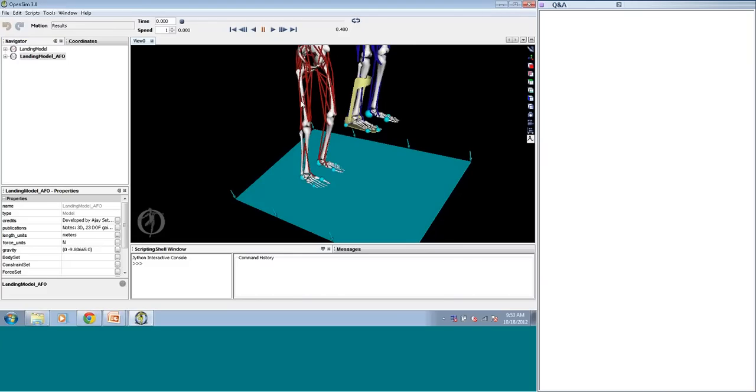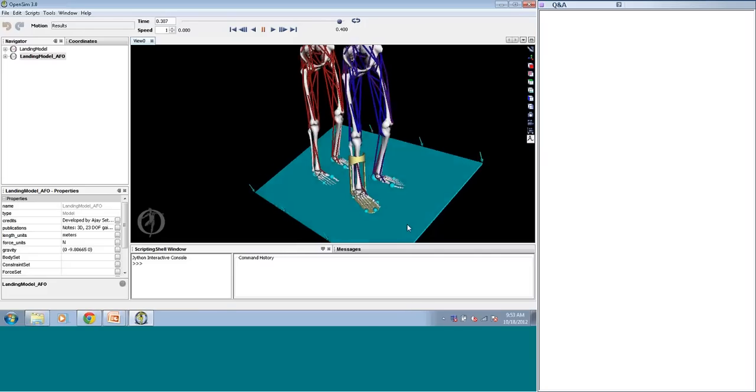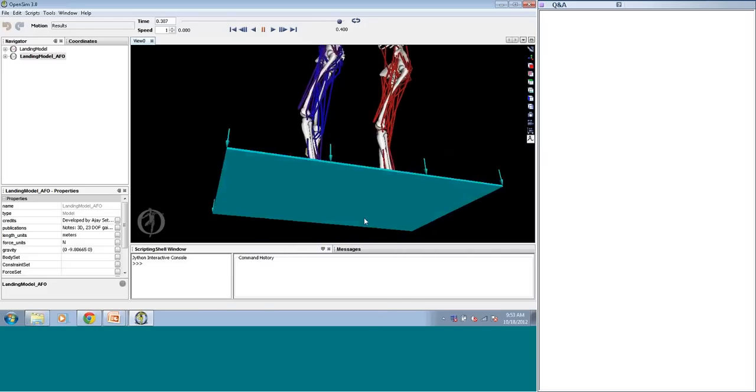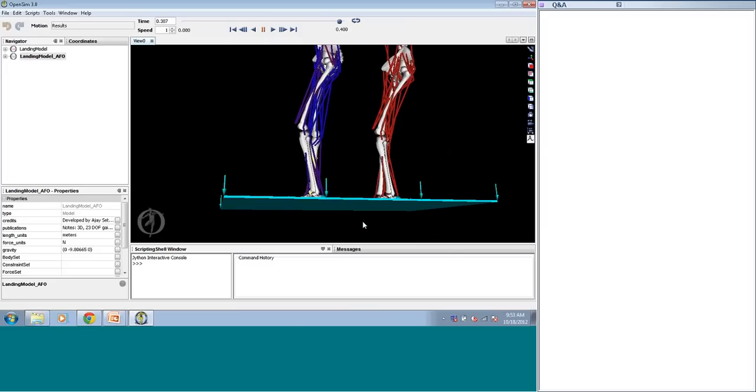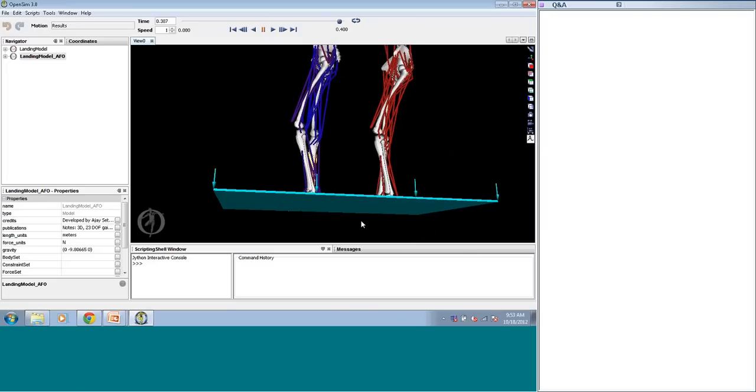All right, so we generated our forward simulation. It ran successfully. We can play it back. It looks like it might have improved the angle a little bit. It's a little hard to tell. But let me show you that visualization of the ground reaction force. So I'm just going to reposition it so we can actually see it, because it'll be underneath the platform once